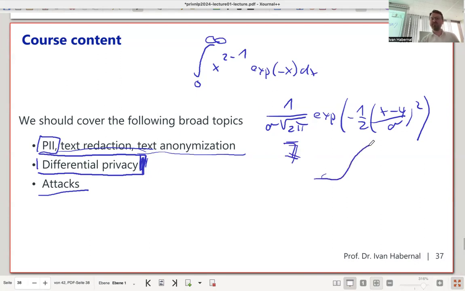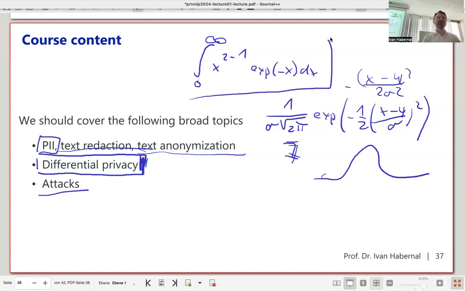This is the Gaussian distribution. Maybe you saw it differently, like x minus mu squared over 2 sigma squared, but there's a reason why I wrote it this way. Who knows what this is? Yeah, so this would be two thumbs up, and we're not going to handle any case. I guess this is the gamma function,